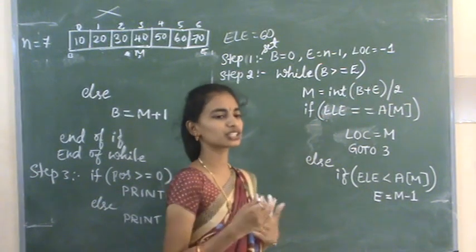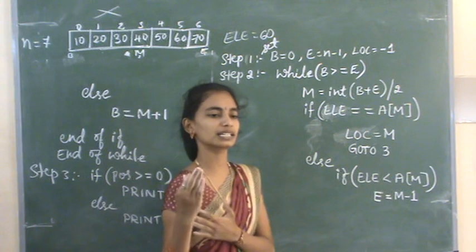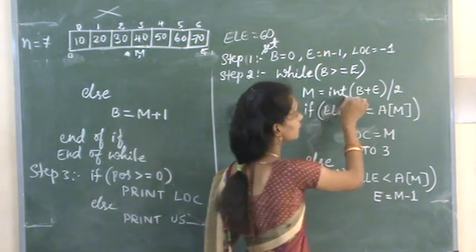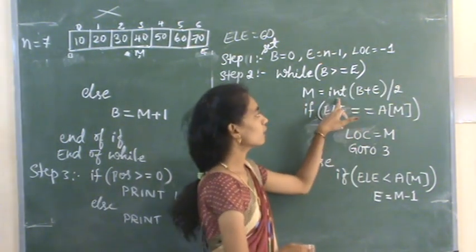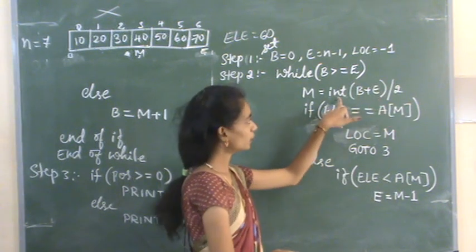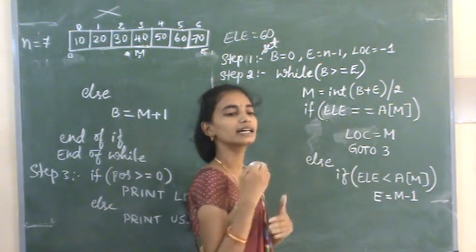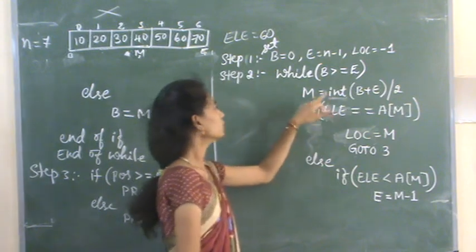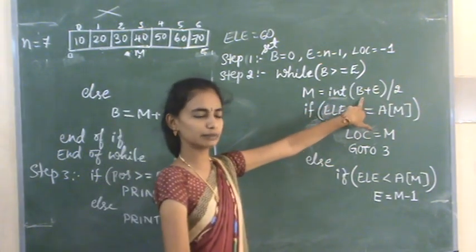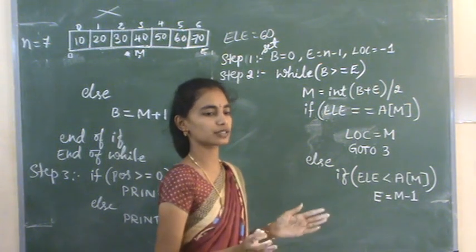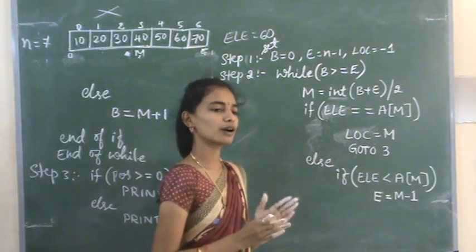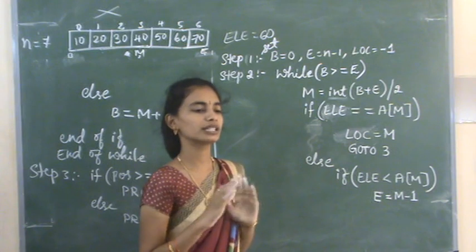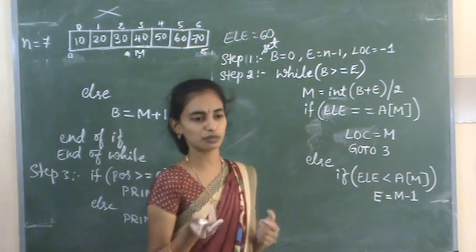When we get a division, sometimes we will get an integer, sometimes we will get a float. So we are explicitly converting the value into an integer value. So if you get a floating point number also, we have to take only the integer value. Okay. So after performing this middle operation, we are dividing the array into two halves. So now whether we have to perform for the right part of the array or the left part of the array, right? So in these two parts, we need to find which part to search.